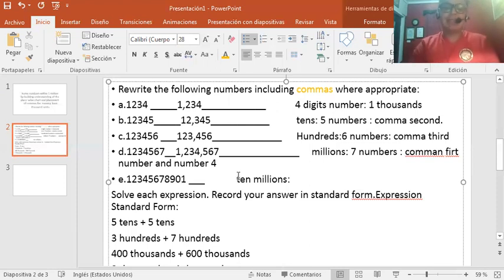So 10 millions has 11 numbers. Okay? This is a very big cifra, guys. A very big cifra. And don't forget that here we have 3 commas. The first comma,